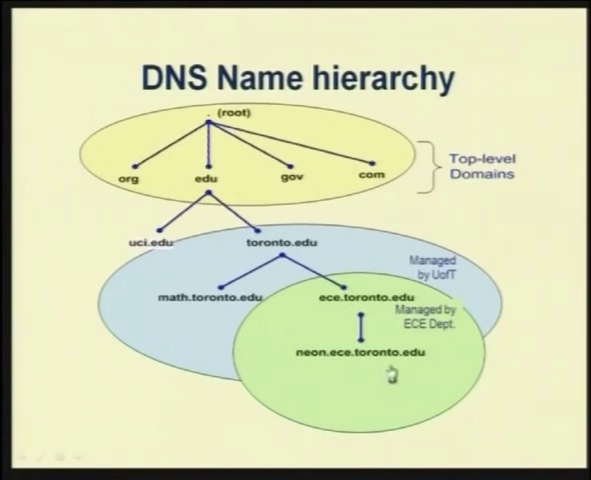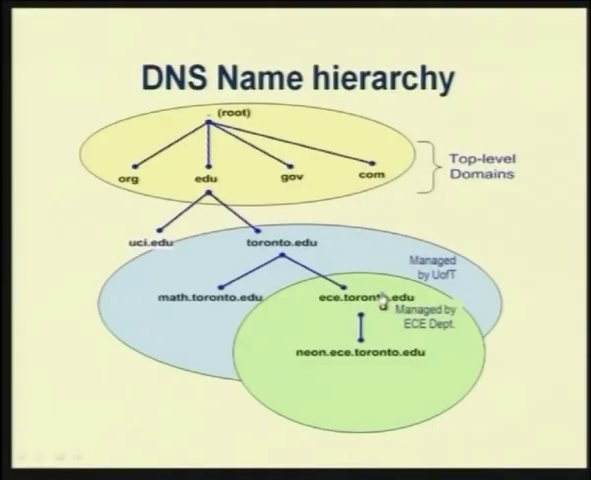This is again just a pictorial representation of what we talked about. You have the root, then you have ORG, EDU, GOV, COM and so on, and within EDU you may have toronto.edu, math.toronto.edu, ece.toronto.edu. You can see that ece.toronto.edu could be managed by the ECE department of that university. Toronto.edu would be managed by the University of Toronto, and these are top level domains which are managed by an external organization. So, for ece.toronto.edu there could be a local